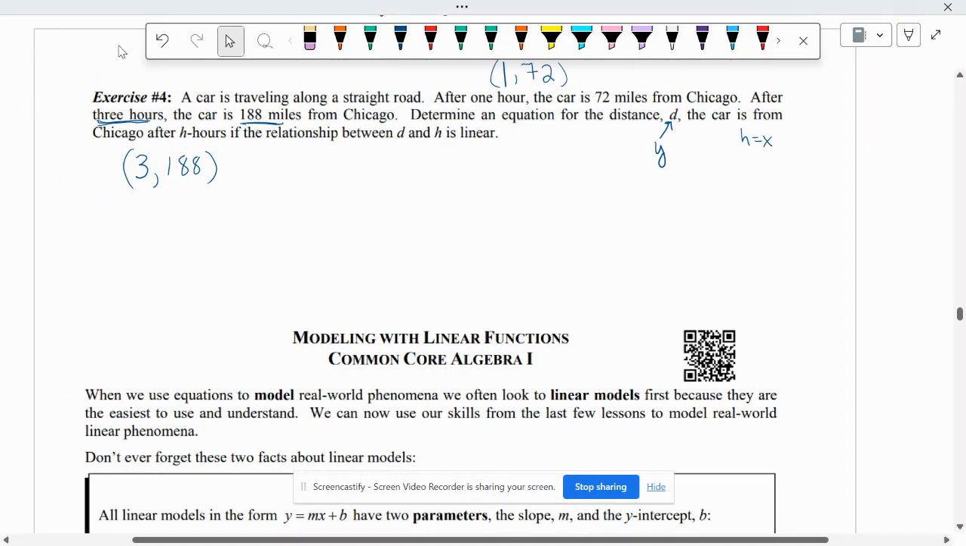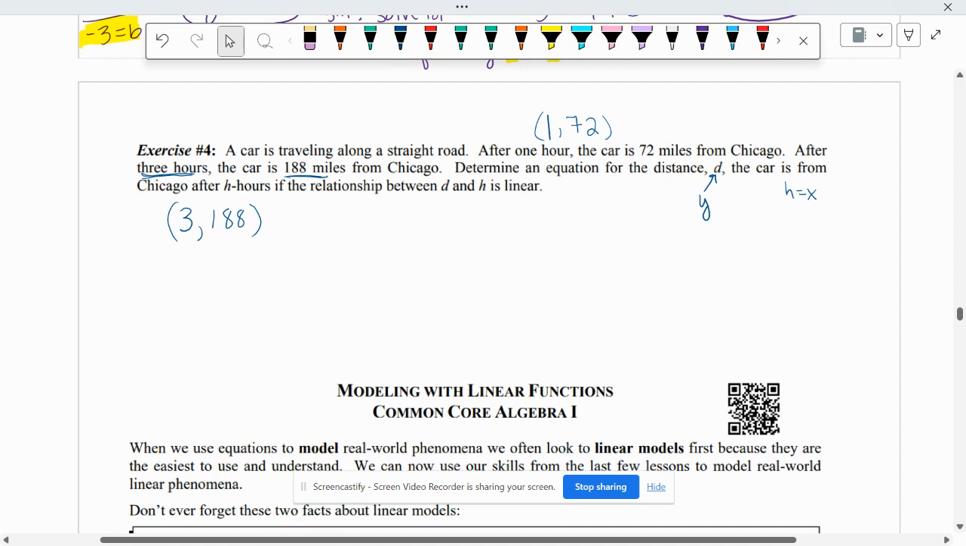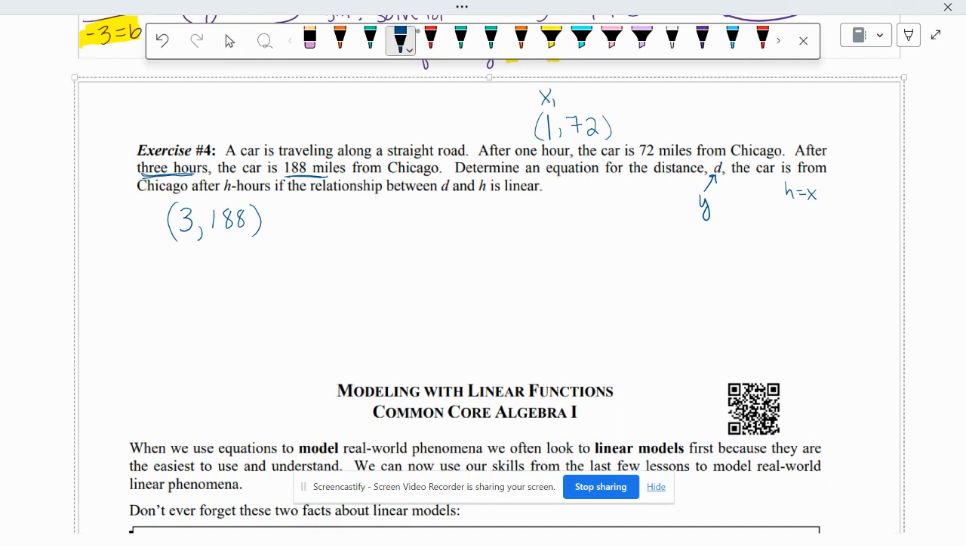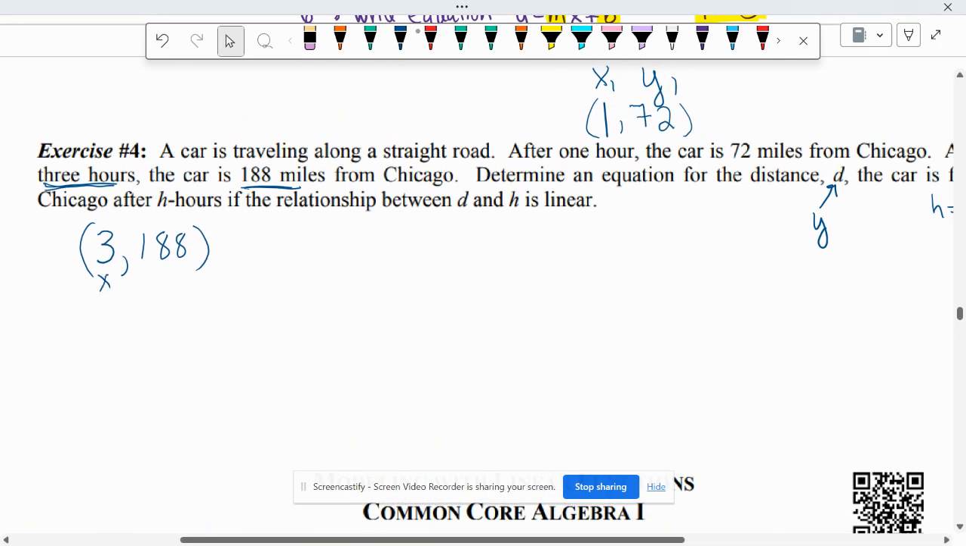So step number 1 says that I have to label my points. I'm going to call this x sub 1 and y sub 1. And I'm going to call this point x sub 2 and y sub 2. And I'm going to calculate my slope. y sub 2, 188, minus y sub 1, which is 72, over x sub 2, which is 3, minus x sub 1, which is 1. So 188 minus 72 is